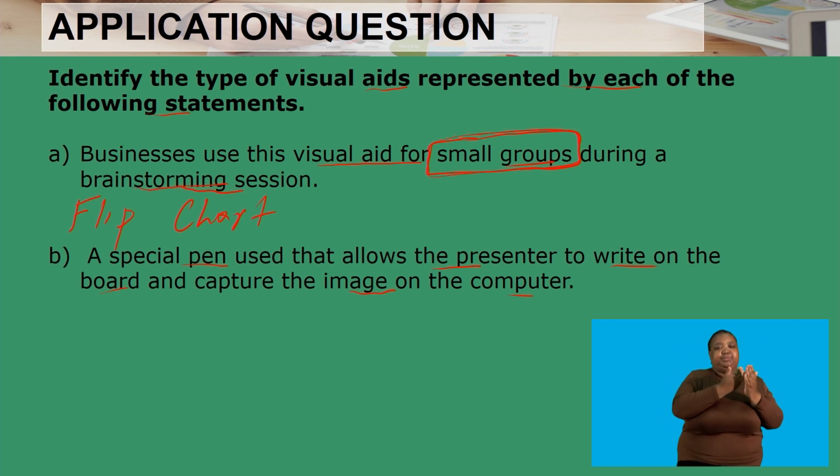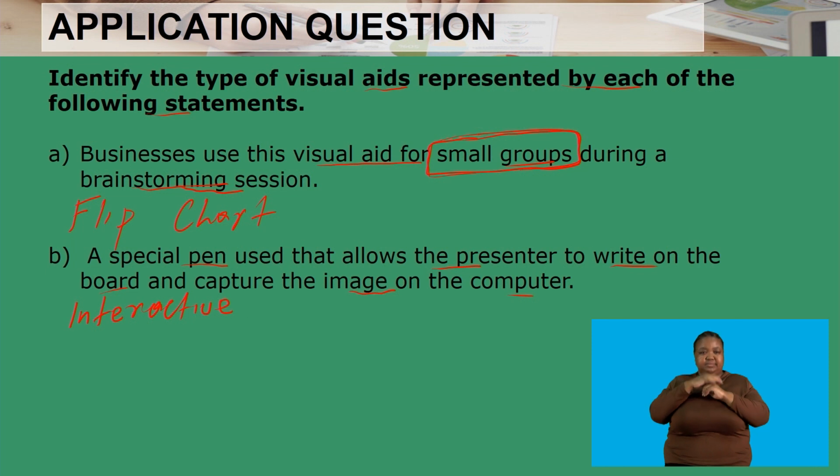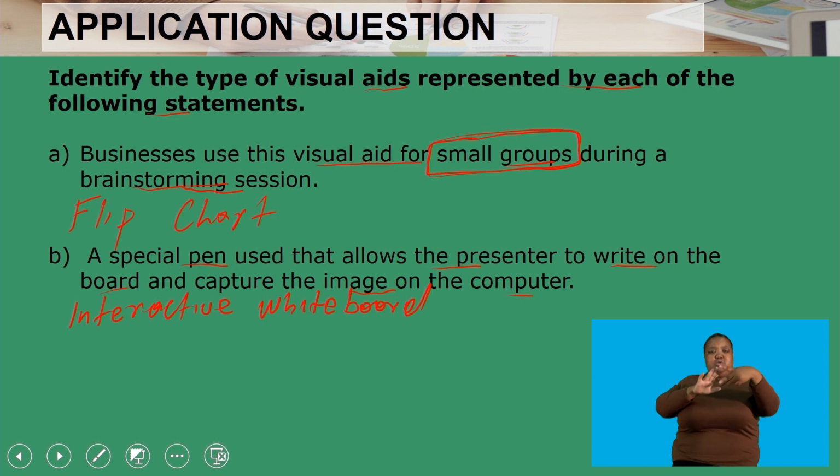And then a visual aid that has a special pen used to allow the presenter to write on it and capture the images on the computer. This would be your interactive whiteboard or a smart board. So those are your two visual aids that you should consider when you're looking into these two statements,